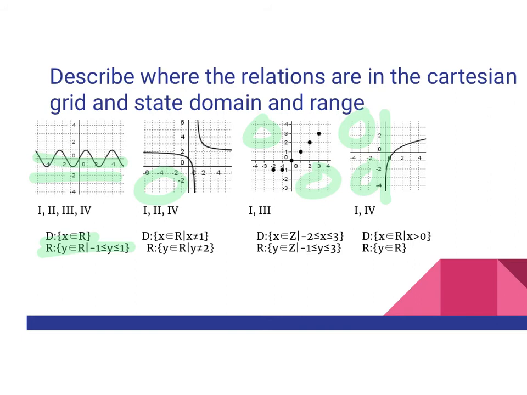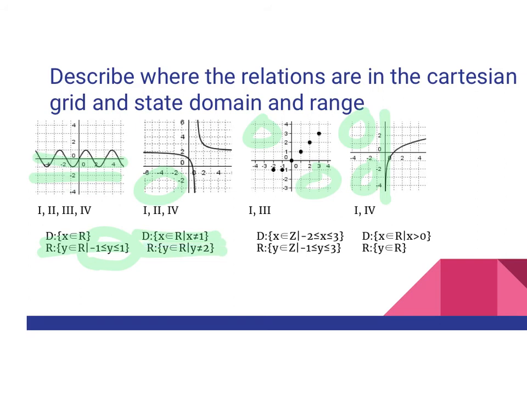So the range is, y is in the real number family such that -1 is less than or equal to y is less than or equal to 1. So it's within that very tight range between -1 and 1. And this is how you relate an asymptote